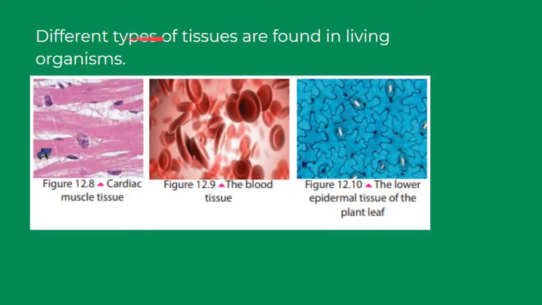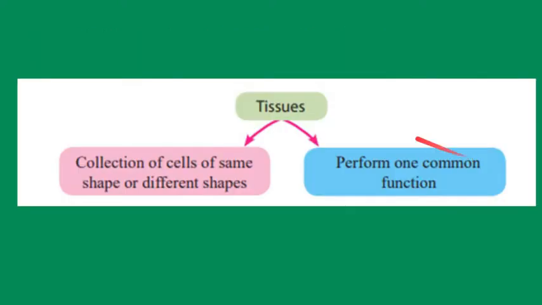Now, different types of tissues are found in living organisms: cardiac muscle tissue, blood tissue, and lower epidermis tissue of a plant leaf. These are some important tissues you all have to remember. So now, as I said earlier, tissues are a collection of cells of the same shape or different shapes, and they perform one common function. Okay guys,